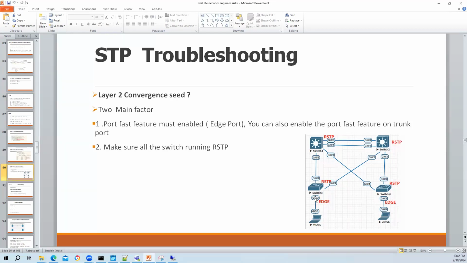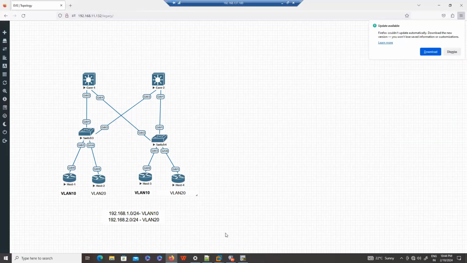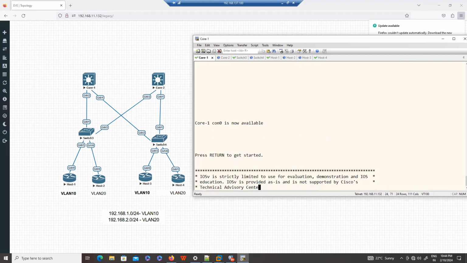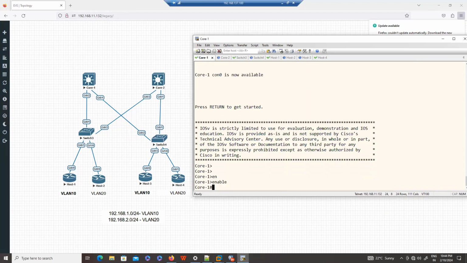Okay. And ultimately, guys, in this case, if we have multiple paths, let's say from host A to host B, if one link goes down, then within 2 or 3 seconds your traffic is moved to the other link. So let's see, guys, first, how we can change this STP flavor. Basically, what we need to do on all the switches is change the mode. So if you see by default,